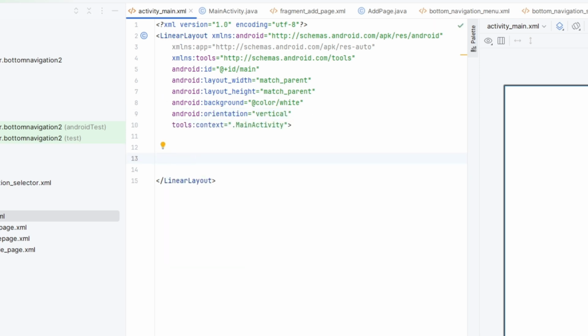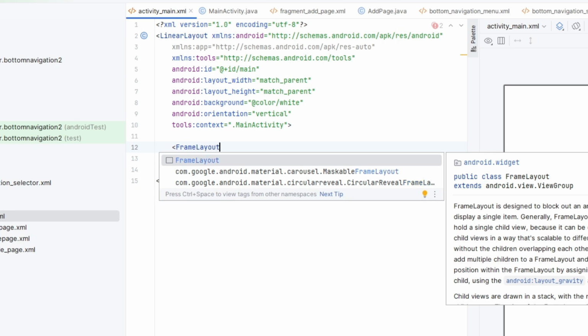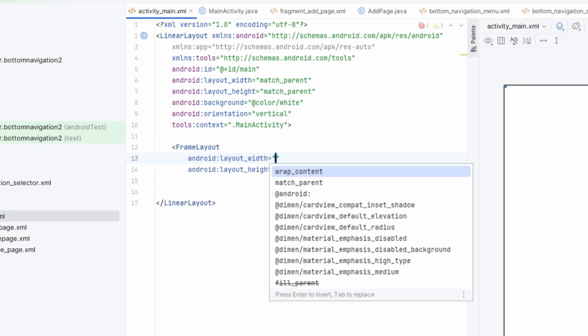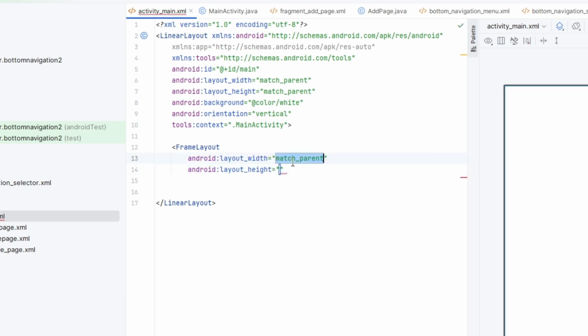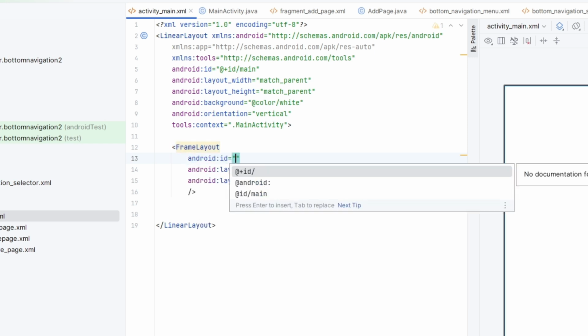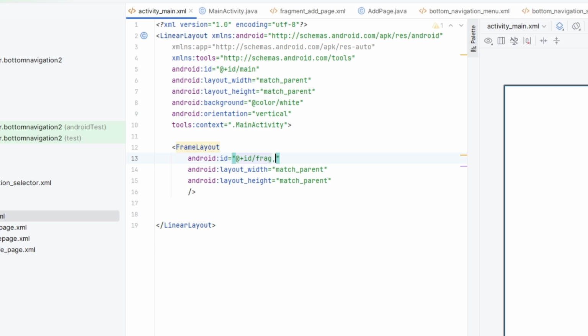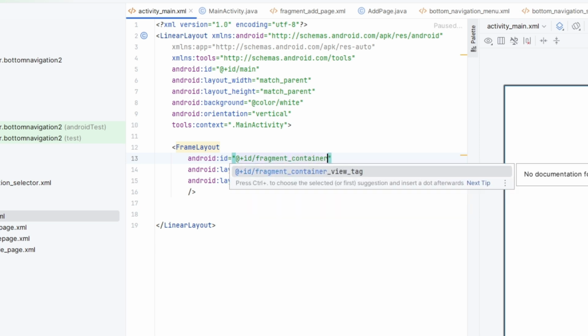Then add the frame layout, the placeholder of every fragment. We add match parent, we close this and we add the reference or the ID. Remember this, we can use it later in the main activity class.